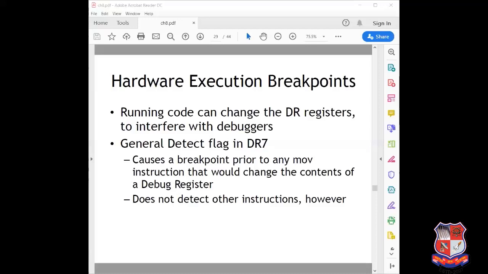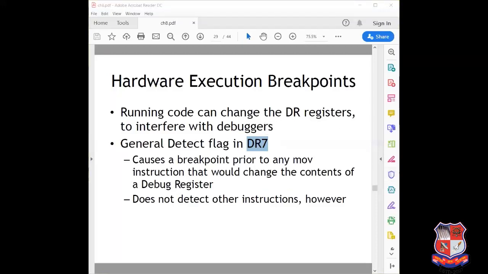But x86 chips have a feature to protect against this failure of hardware execution breakpoints by setting the general detect flag, and this flag is set in DR7.